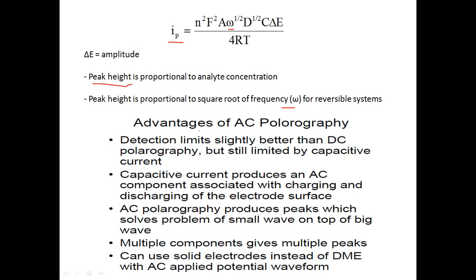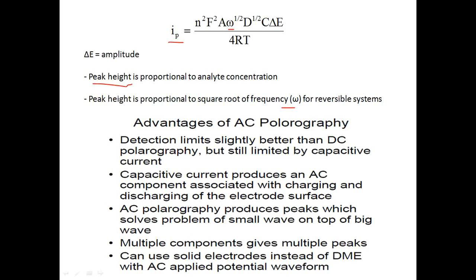The advantage of AC polarography is that the detection limit is slightly better than direct current polarography, but the problem is that it also involves a capacitive current. The capacitive current is not eliminated totally in an AC polarographic system. AC polarography produces peaks, which solves the problem of a small wave on top of a big one. So resolution is slightly better in this case than DC polarography. Multiple components